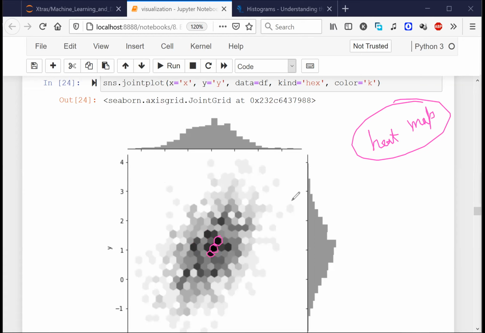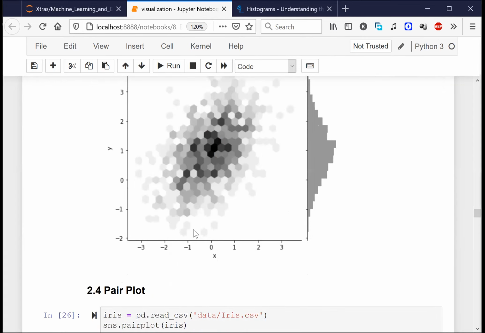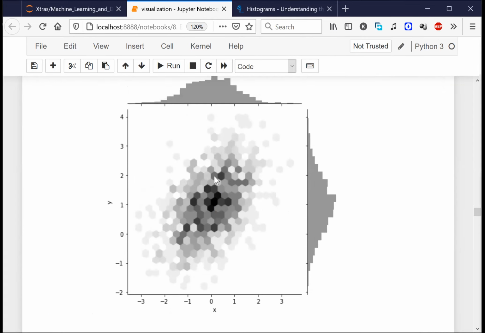For example, if you see this part, do you remember there were only 2 points? If you see this part, there are 4 points, right? It is very light, right? These points are very light to see. There are very few points in these regions. That's what it is trying to tell us. I hope this makes sense to everyone. Yes or no? Is everyone able to understand this thing?